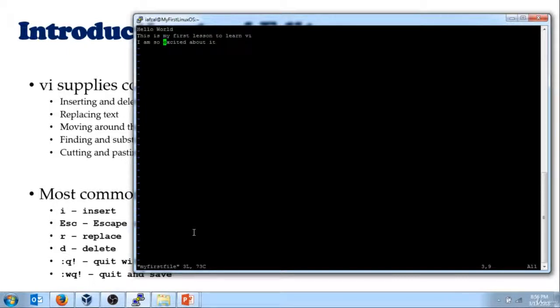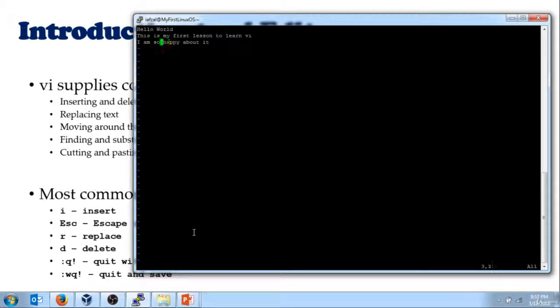Once I hit R, I could do H. It only replaced one letter. If I wanted to do the second letter again, you move your cursor to the right, hit R, and then do A, and so forth. But I would prefer that you escape out of it and then do X several times, and then you hit I and then type PPY. You hit escape again,